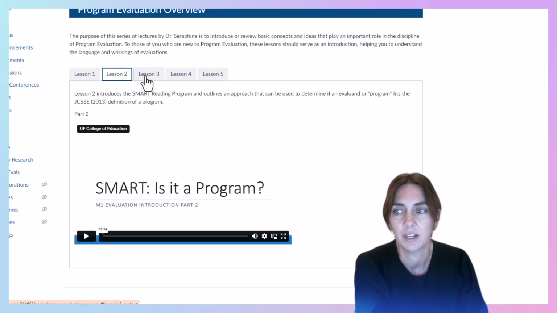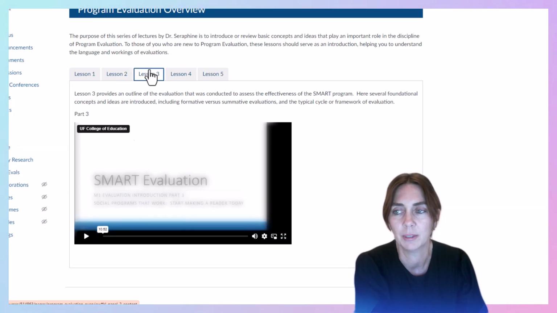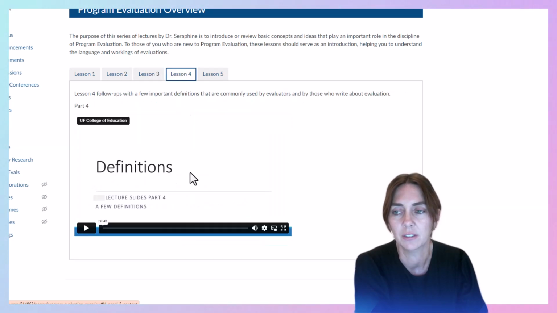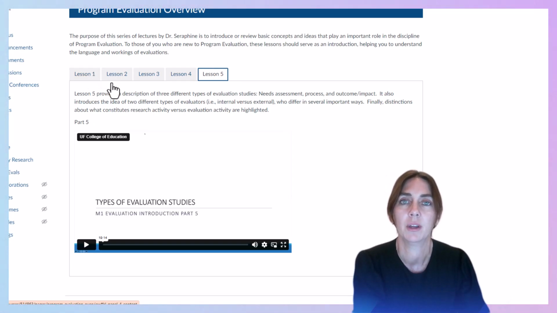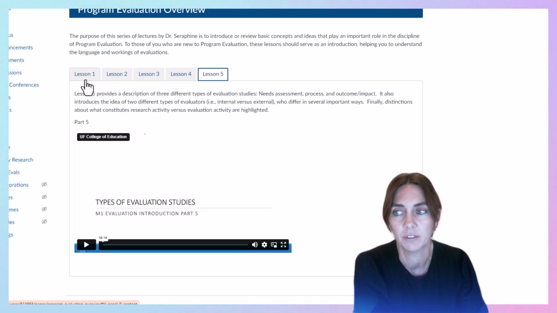And there's 5 tabs here. This one's only 3 minutes. This one's 11, this one is 8, and the last one's about 19, I think. So once you get an idea of what a program evaluation is, you're good on these. But do remember, all 3 of the methods are fair game for the final exam, because I do want you to be familiar with all 3 methods, even if you don't use the other 2 for your research project.